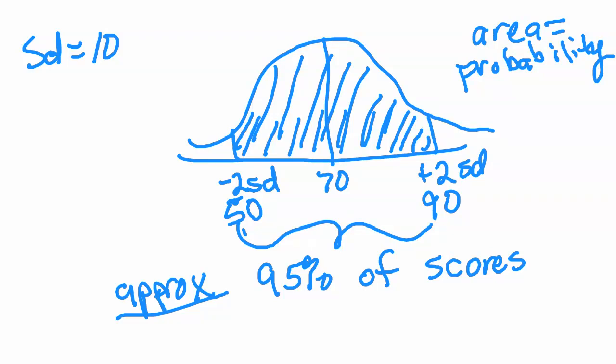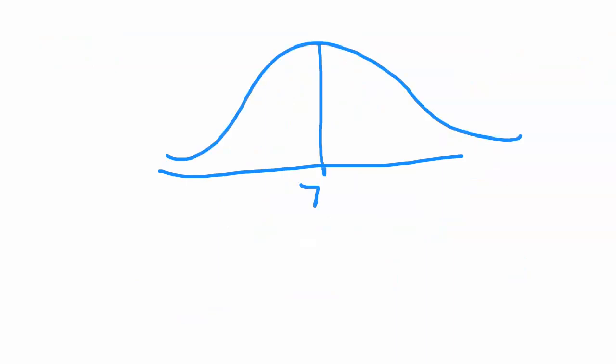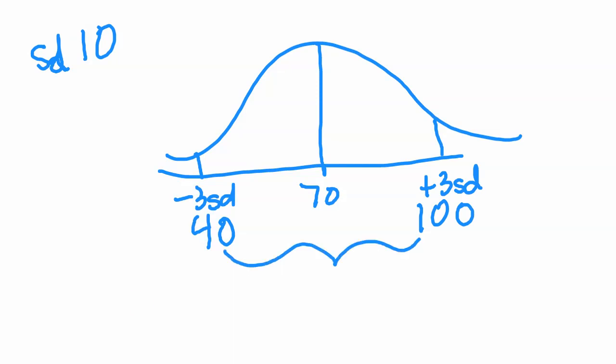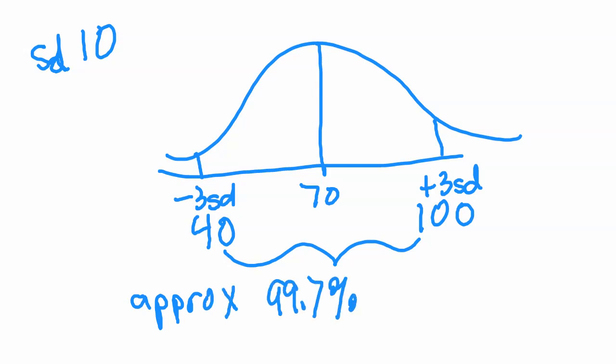And then one more, you could say between, our mean was 70, and we're going to go -3. And remember, our standard deviation was 10. So that's going to be -30. That's going to give you 40. And then +3 standard deviations, that's 30. Plus 70, that would be 100. So you move over 30 to the right. So that says approximately 99.7% of the scores are between 40